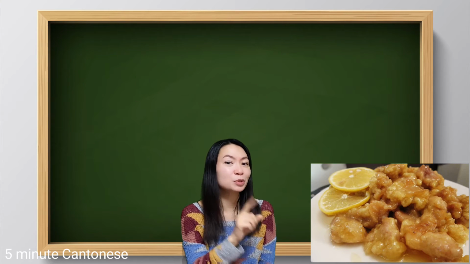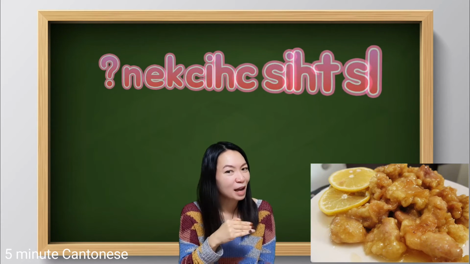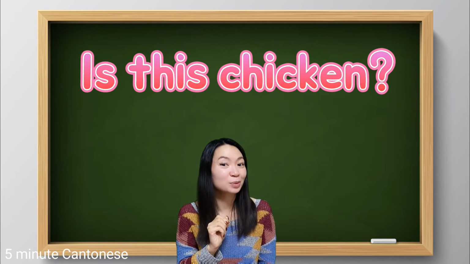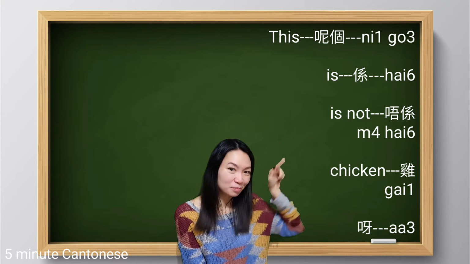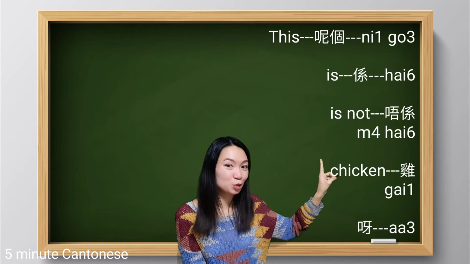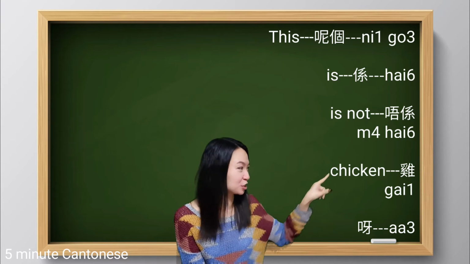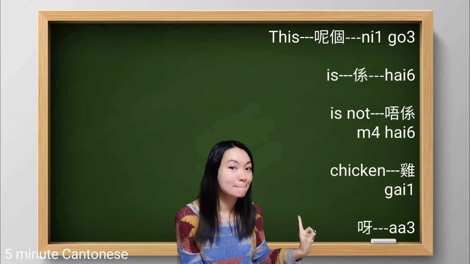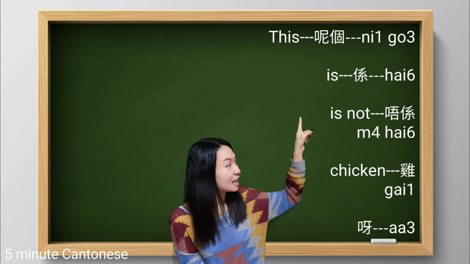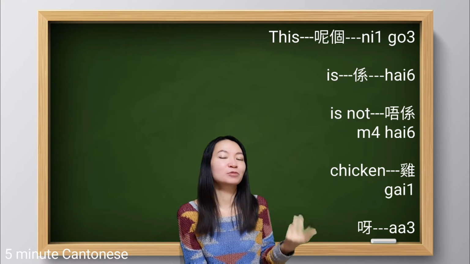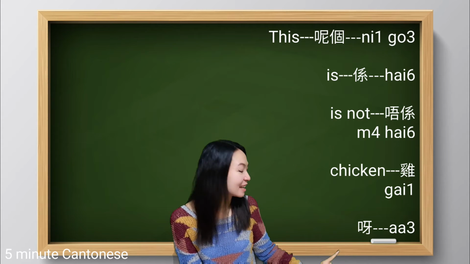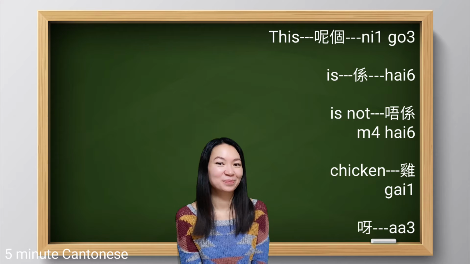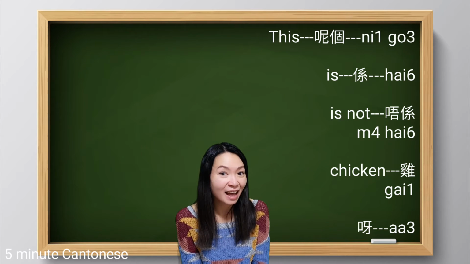For example, you point to a certain dish. It looks like chicken. However, you're not sure. So now you can ask this. This, 呢個. Is it, to be, not to be, for a yes or no question, 係唔係. For example, chicken, 雞. And then let's add the question ending word. 呢個係唔係雞啊？呢個係唔係雞啊？